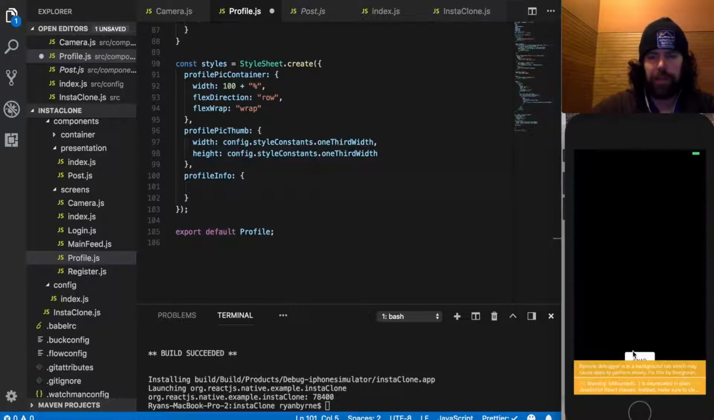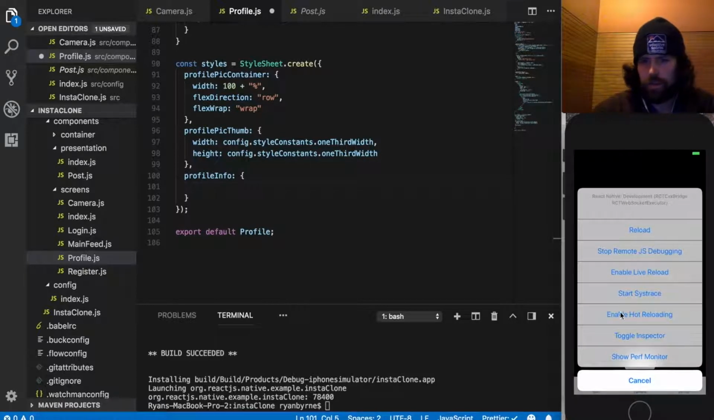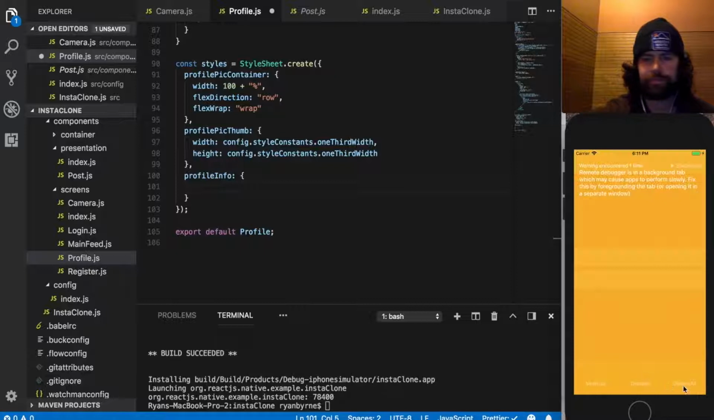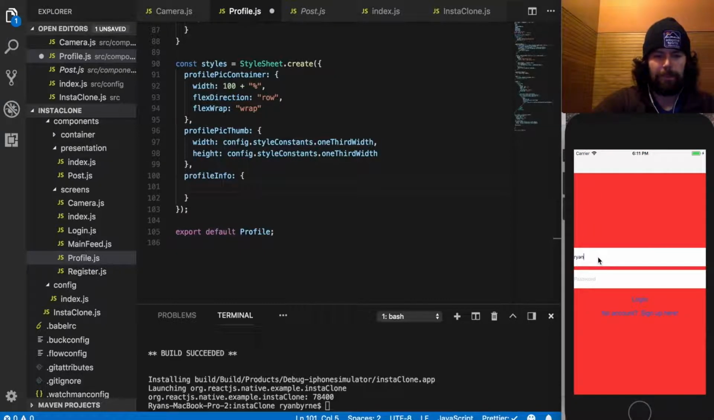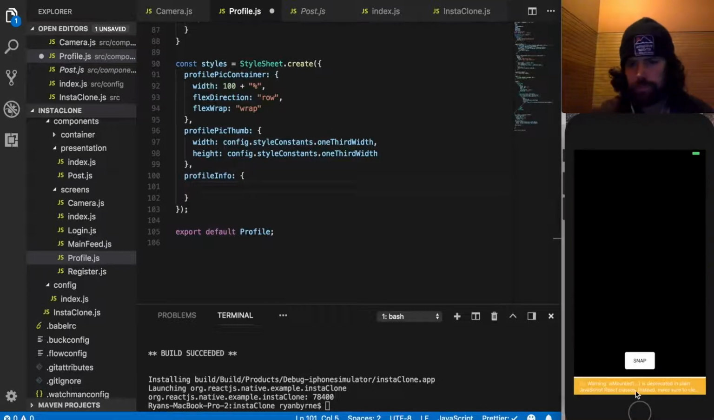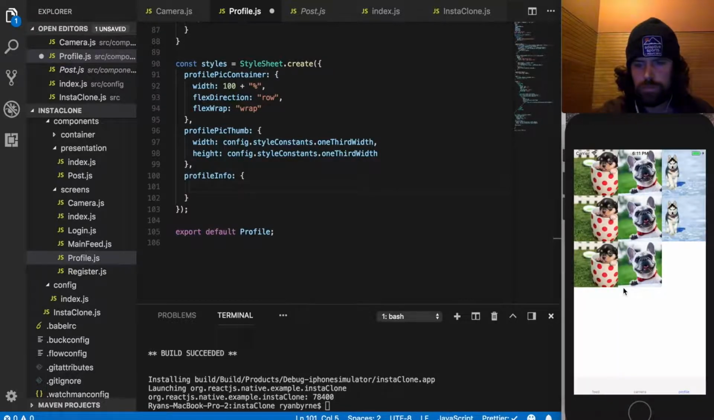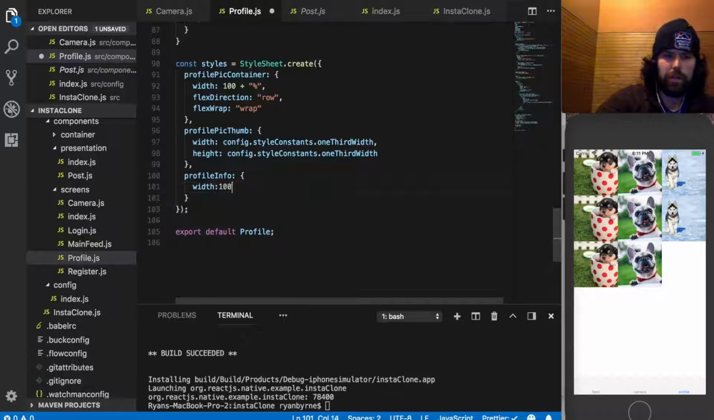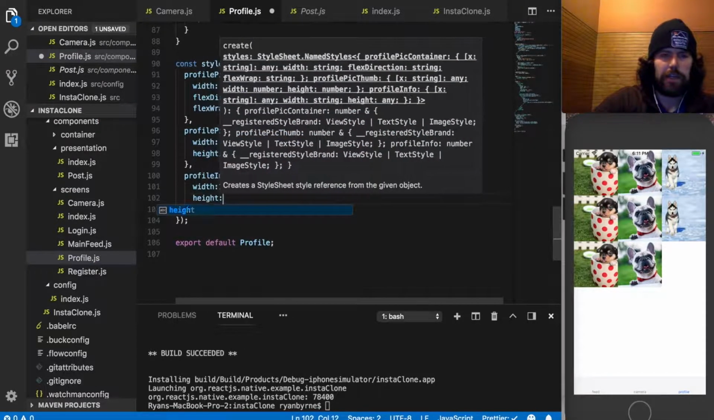I should really just have hot reloading on. I don't know why I didn't do that. I keep logging in. Okay, so I'm going to give this a width of 100% and a height of,